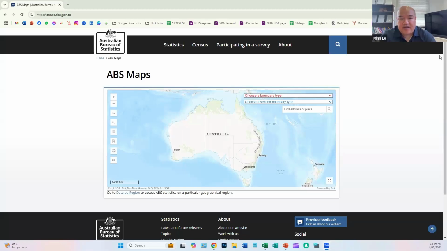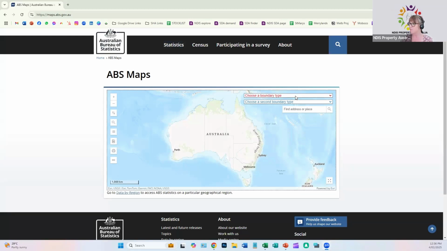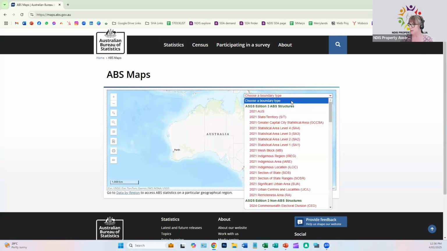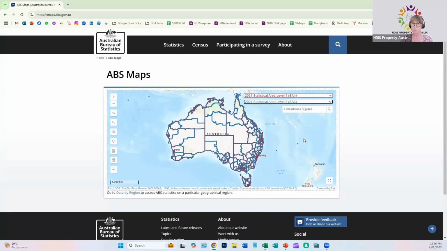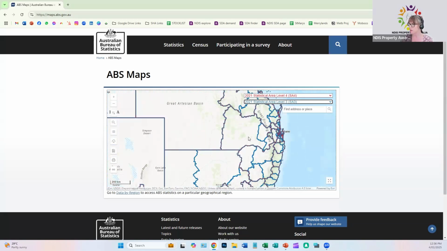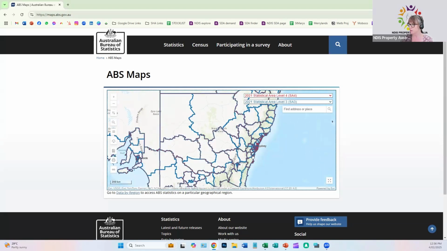Keep those questions coming, everyone. We'll get through them by the very end of the session. So as you can see straight off the ABS website, this is where you can find the statistical area for SA4, and we do the SA4 and the SA3 generally when we're looking at an area, because all of the data on SDA that the NDIS put out is based on these two regions. If I scroll in, let's go to somewhere in Melbourne,